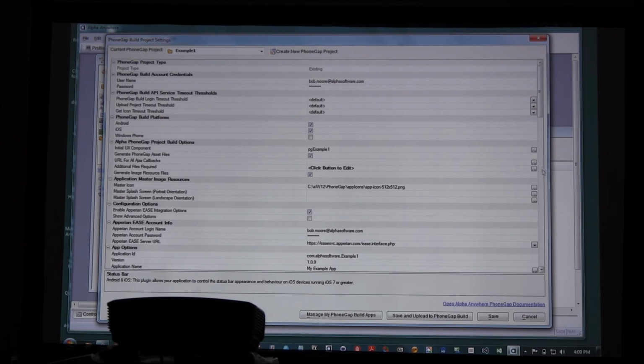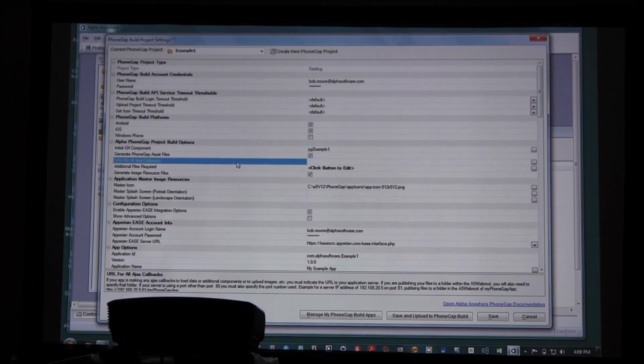Getting towards the end of this talk, and I'd like to open it up for some questions, but there's one other thing that I really wanted to mention here, and I didn't get to explain. This is this URL for AJAX callbacks. This particular application does not make any calls to an Alpha server. What you just saw, we are communicating with web services, which you can certainly do, and tomorrow I'm going to